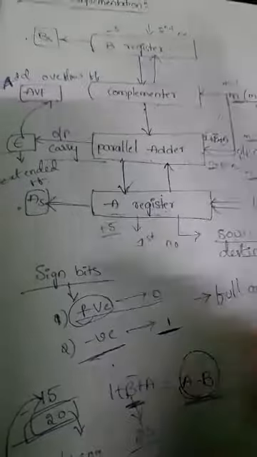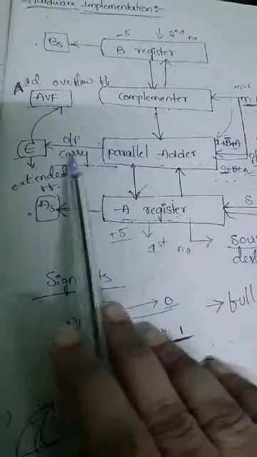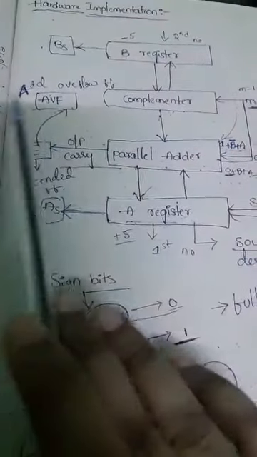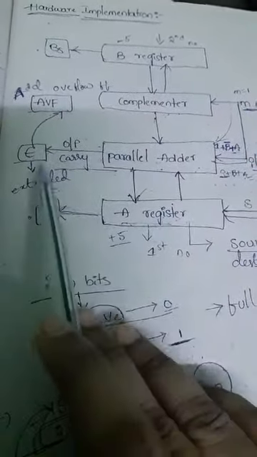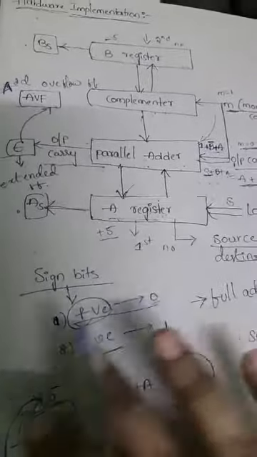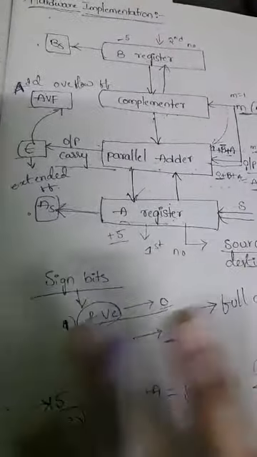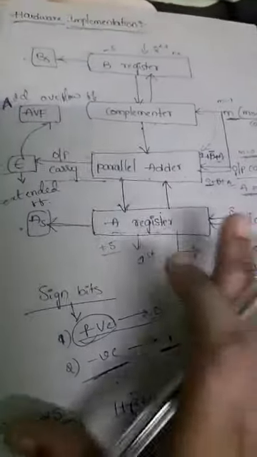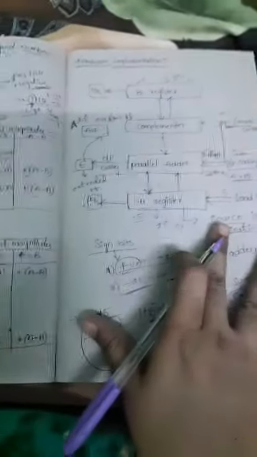If there is any carry, directly we can say that we shouldn't get any carry from the subtraction operation. So there is no need to use the extended flip-flop E, and no need to use the AVF flip-flop, because while performing subtraction we shouldn't get any output carry, and no need to transfer it to the flip-flop, and no need to get the overflow. So that overflow we cannot transfer to the AVF. That is the point behind the hardware implementation of addition and subtraction of sign and magnitude data.